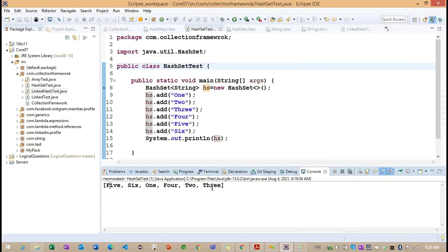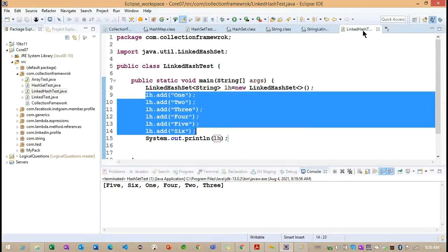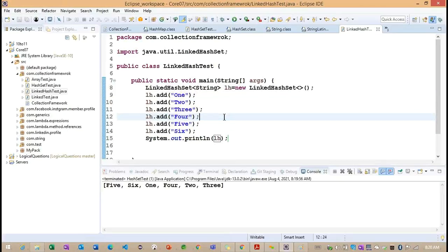We are not getting the same order because this section of code works on the hash code. But linked hash set also works on the hash code mechanism. Even after generating the hash code, it's going to maintain the order here.